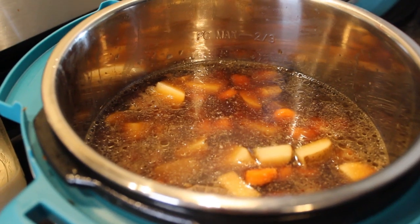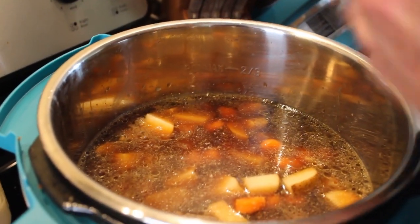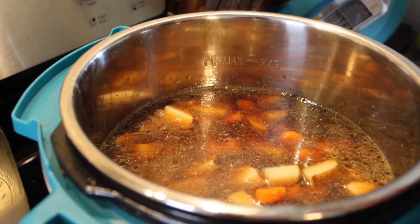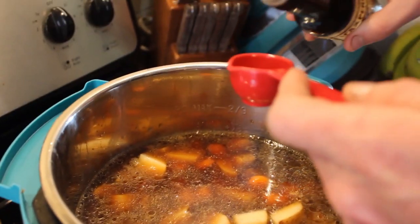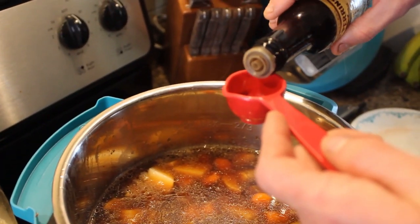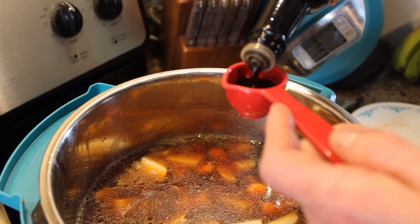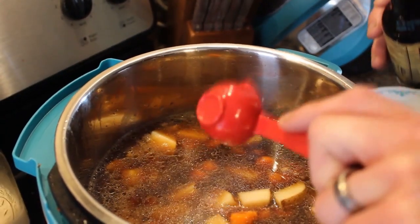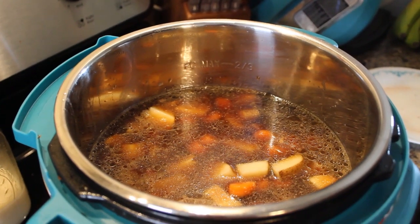So I'm going to add 1 tablespoon of Worcestershire sauce here. You guys can make fun of me because of my southern accent, Indiana, I can't say it right, but get 1 tablespoon of this good stuff. Dump it on in there. And once we're done with that, we're going to move on to our